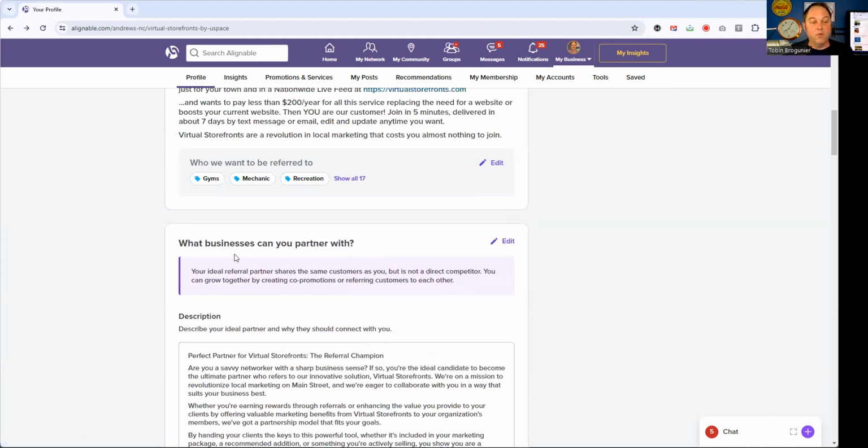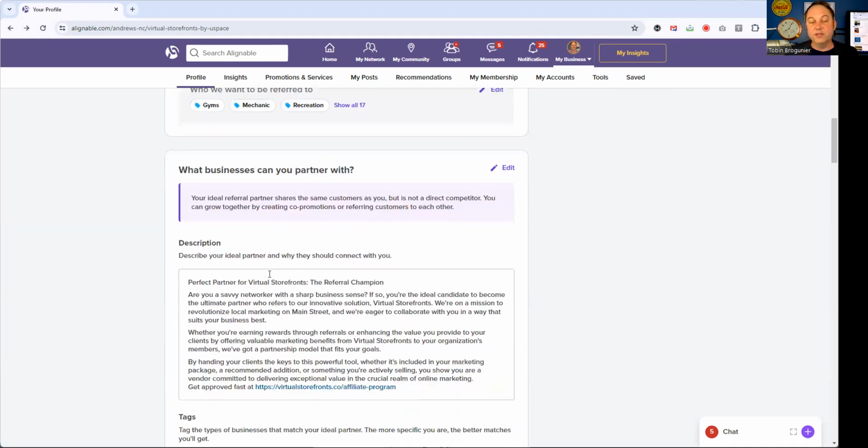So now we're going to go to what businesses can you partner with. This is really important because in the past couple of weeks on Alignable, this is the first time I've really understood what Alignable is for, because we are here talking to people that share our customer, which is the local independent retail storefront merchant and eateries. There are a lot of people here working directly with our customers all over the country. So telling people who you want to partner with is basically saying, what types of other businesses are not competitive,